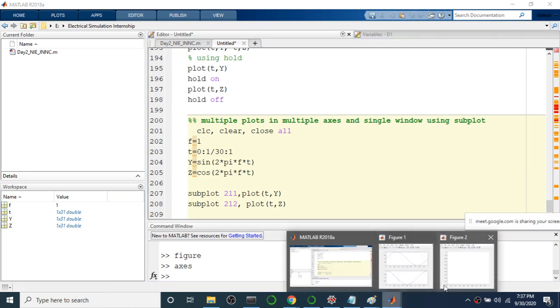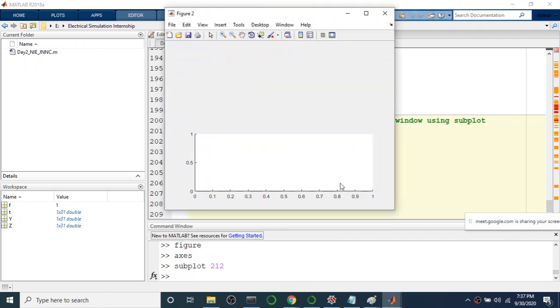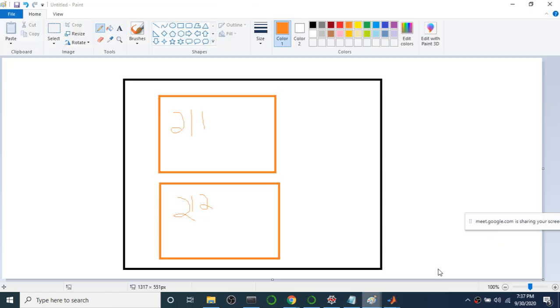Now if I write subplot 2 1 2, an empty axis will appear here. On that we do the plot, and it will appear here. We don't have to do it in the same order; we can write in any order. But if you write 2 1 2, the immediate plot you do will appear exactly in that axis.